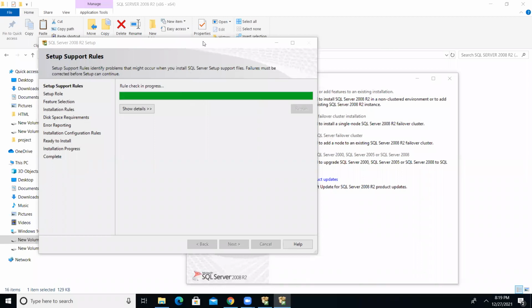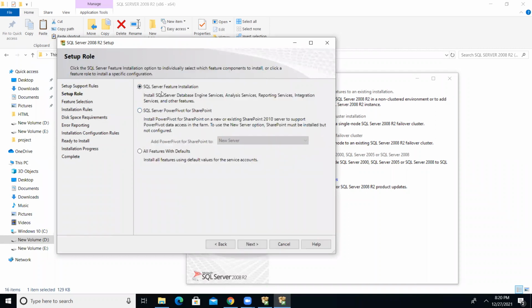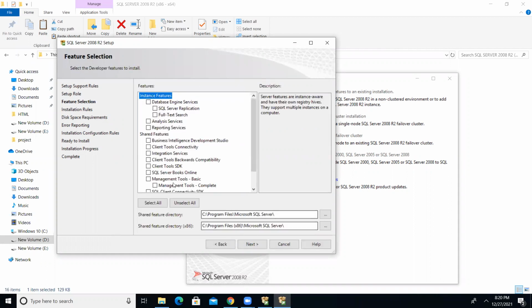Now it will open one more window and here you can observe different options. Just select the Next option. After that, by default the first option, SQL Server Feature Installation, is selected. Click on the Next option. Here it is asking for different things.